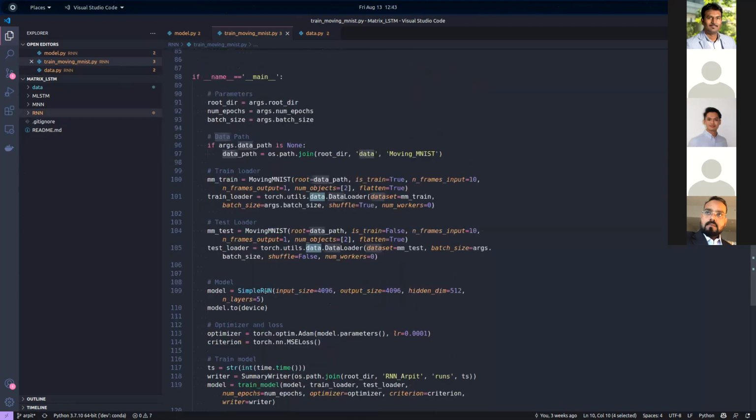I have instantiated, like I have created an object of this class over here, and then I created a data loader with the class. So yeah, that is possible. You can just import components from a different file and just create. All right. Okay. Thank you.